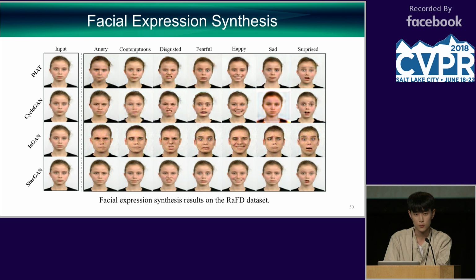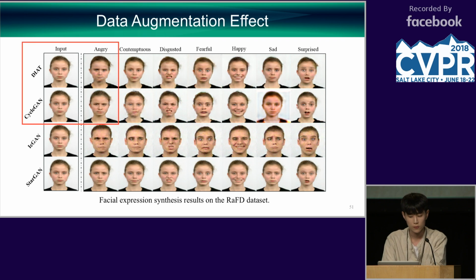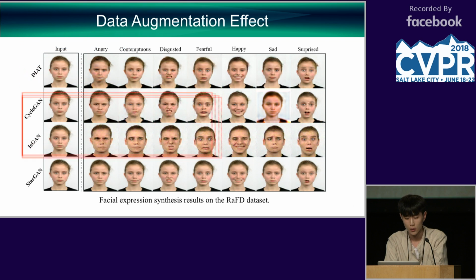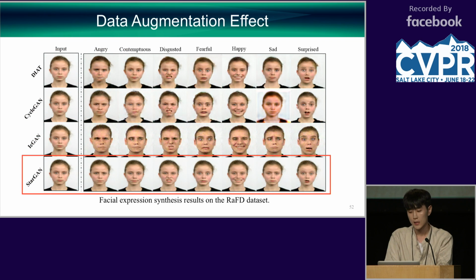We believe that the superiority of StarGAN in image quality is due to its data augmentation effect. The facial expression dataset contains a relatively small number of samples. When trained on 2 different domains, DIAT and CycleGAN can only use 1,000 training images at a time. For example, 500 images for a neutral expression and another 500 images for an angry expression. On the other hand, StarGAN utilized 4,000 images from all the available domains for its training,